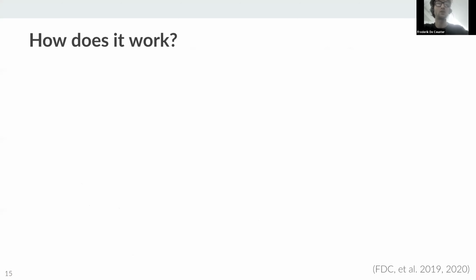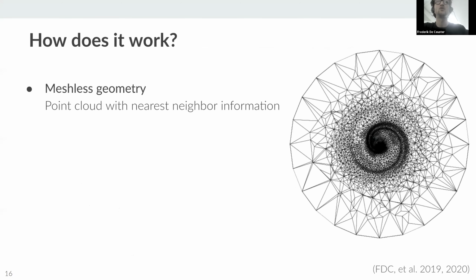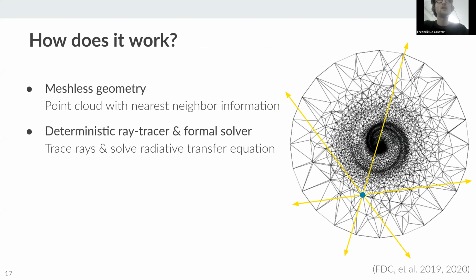So how does it work then? Now, the first and foremost feature is that we do not assume any type of grid structure. So we use a meshless model geometry. This means that we assume a point cloud in which we only know the position and the nearest neighbors for each point. Then, given this model, the radiation field is computed with a deterministic ray tracer and a formal solver, meaning that we trace rays, or just straight lines, through our model,